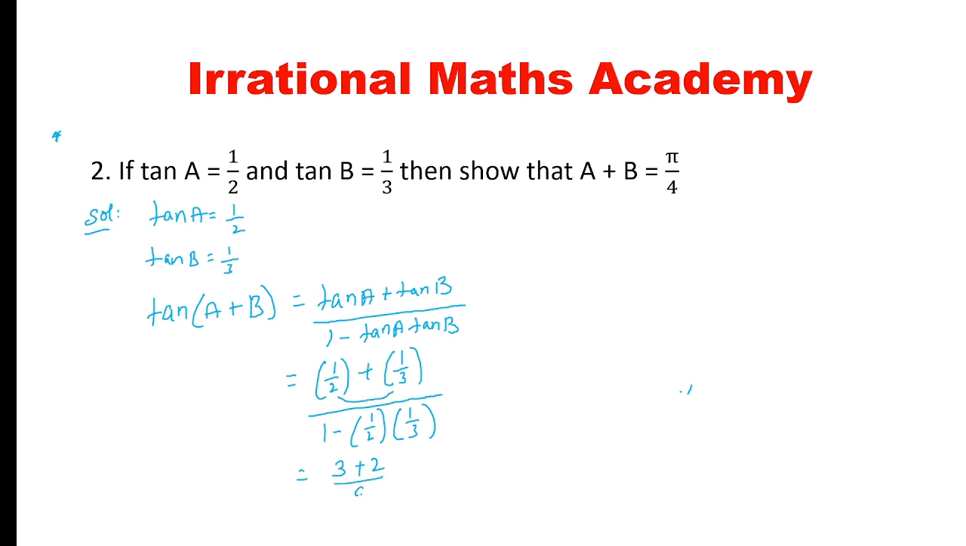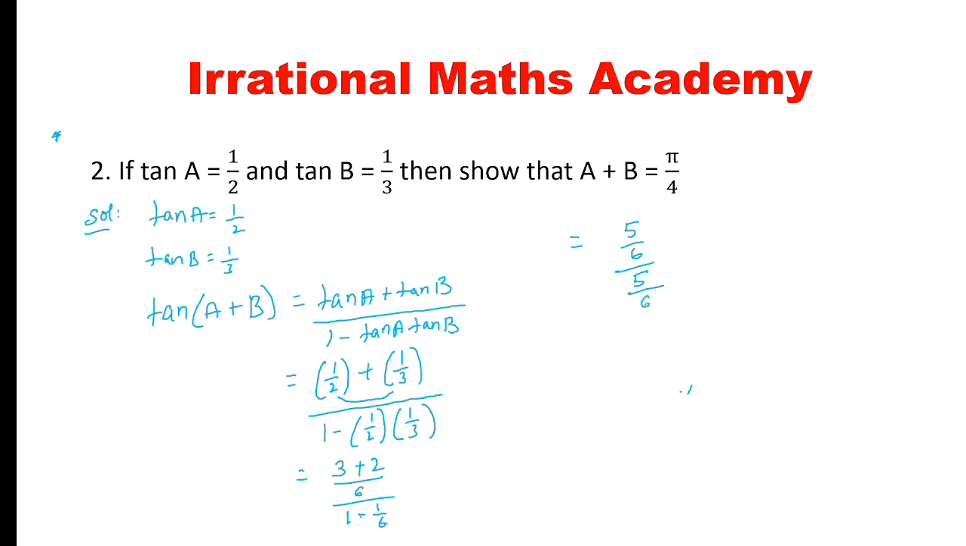2 into 3, 6 I'll get by. Again, 1 by 6 will get up. Okay, 1 minus 1 by 6 is there. Let me continue here. So what happens here? 5 by 6 upon here 6 into 1, 6, 6 minus 1, 5,